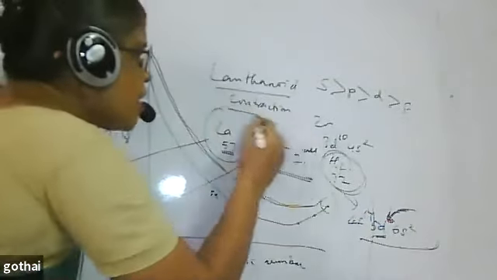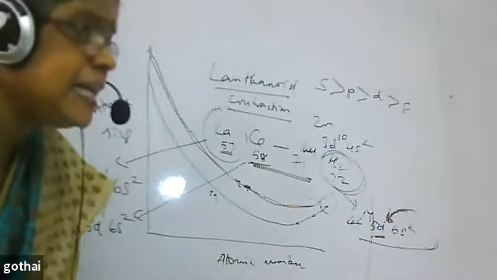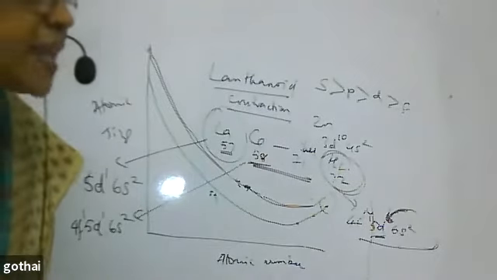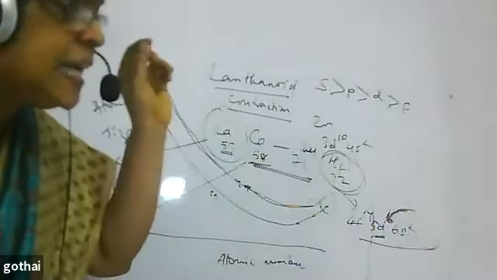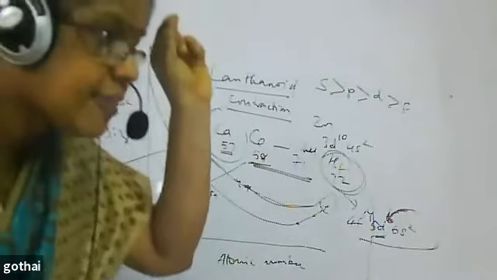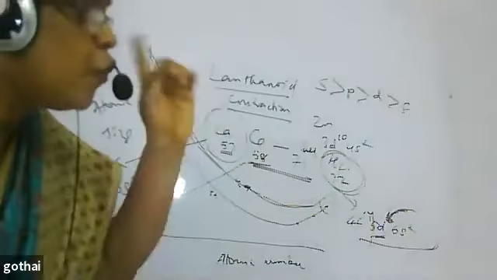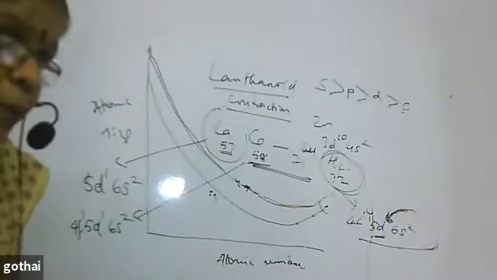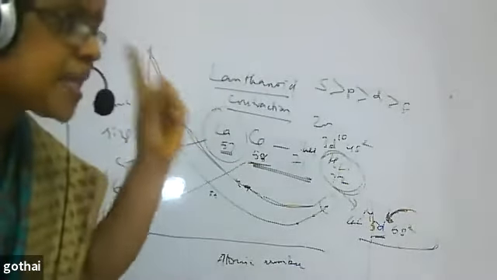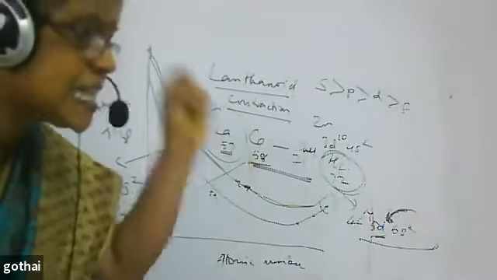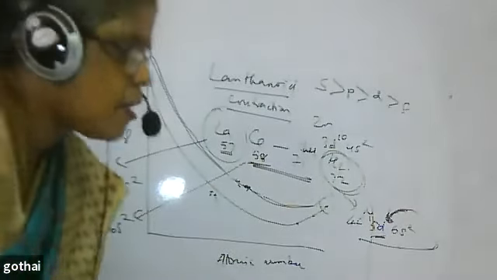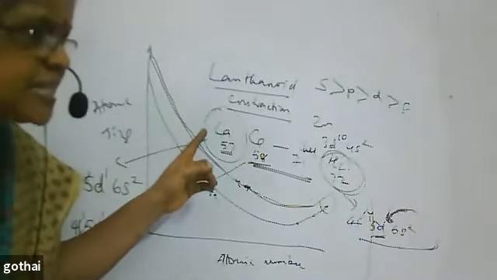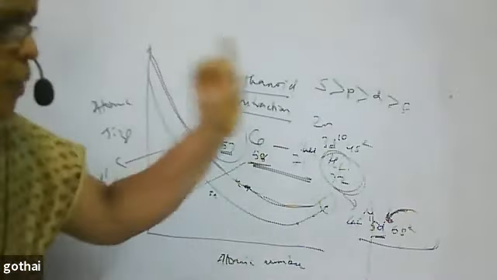What is called lanthanoid contraction? The very definition: the regular decrease in the atomic size of lanthanoids with increase in atomic number is called lanthanoid contraction. When I say lanthanoids, I mean the 4f orbital, the shielding of 4f orbital, everything comes into play over there. So you need not worry about that. Due to lanthanoid contraction, the atomic size of the 5d series elements is almost the same as that of 4d. That is one question often asked.